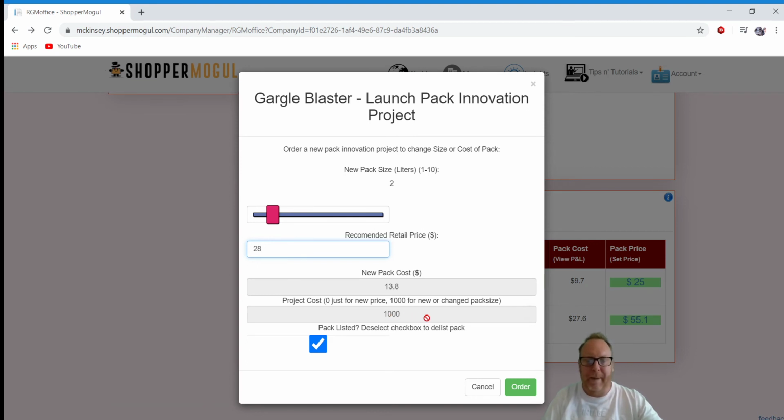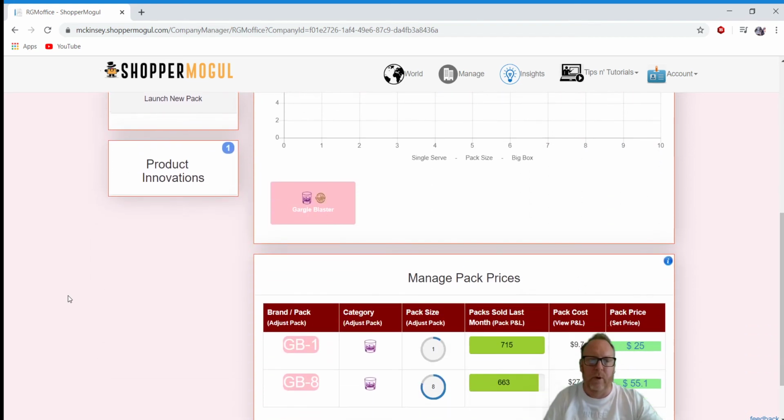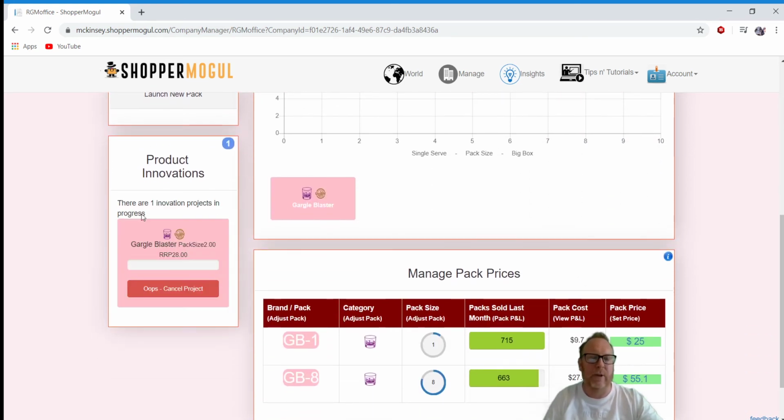All changed pack sizes cost $1,000 in R&D, and they all take 1 week to take effect. So if I look at this and I say, right, actually that's how I want to change it, I'm good with that, I can go and hit order, and what we'll see down here is we have a new innovation